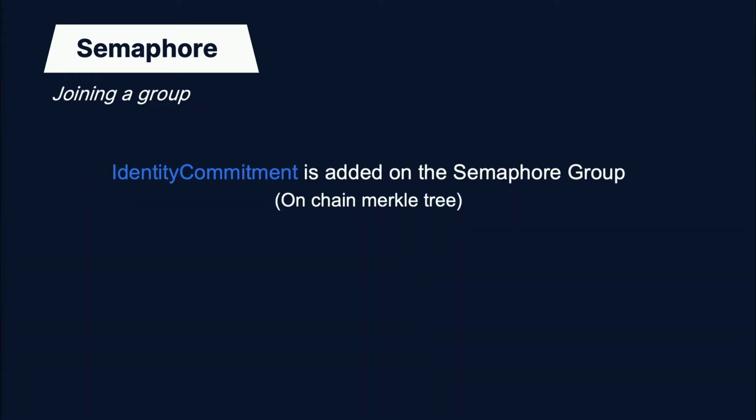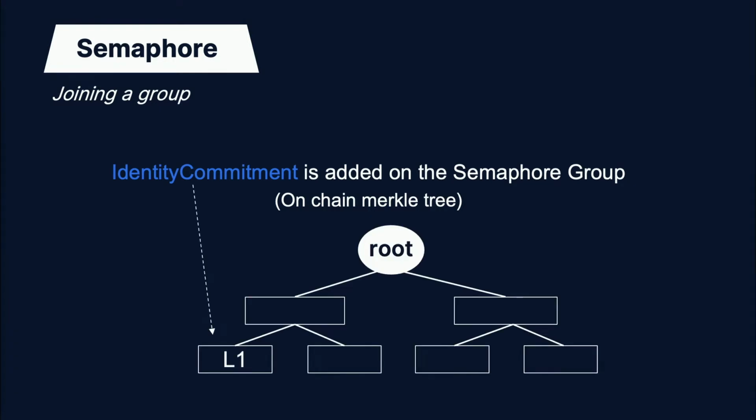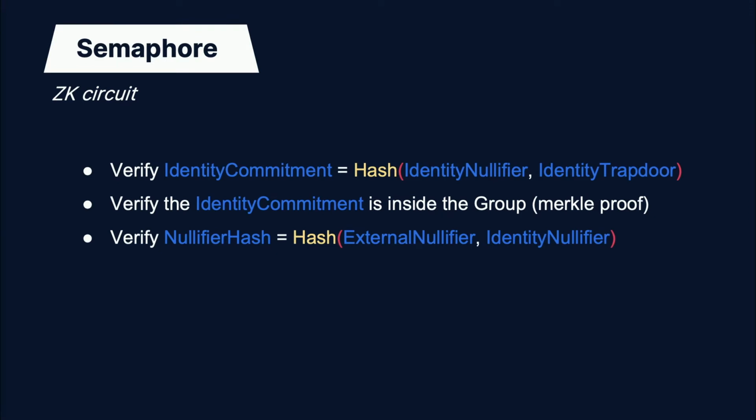When you want to join a group, you will add your identity commitment in the Semaphore group. So it's an on-chain incremental Merkle tree. So it's basically something like that. And then when you want to prove that you are part of this group, you are going to do